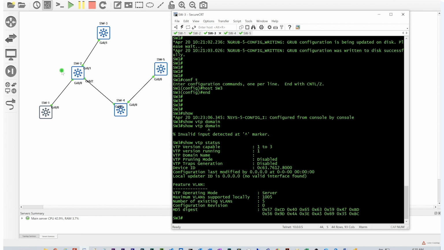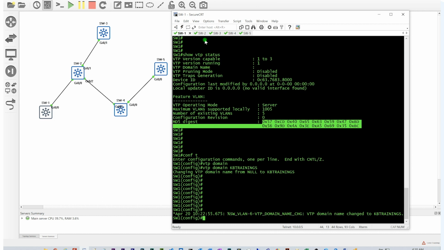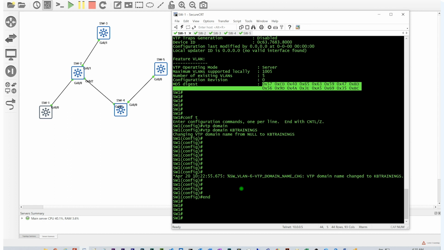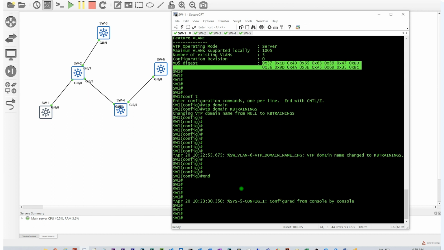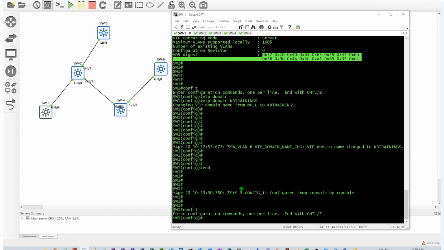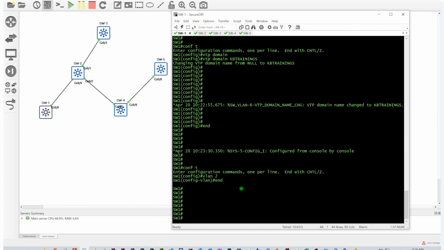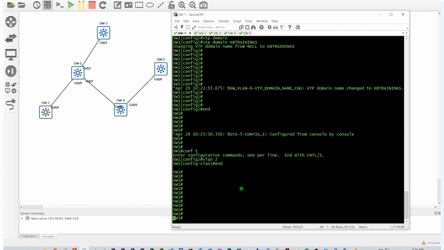I noticed that if you do that for the first time, it's going to stop at switch 2. I need to do some changes on the config, the VLAN database on switch 1, so you can see the changes being propagated on all the other switches. So for changes, I'm going to create a VLAN 2. Right now we don't have any other VLAN besides VLAN 1 and the default VLAN. So if we do show vlan,